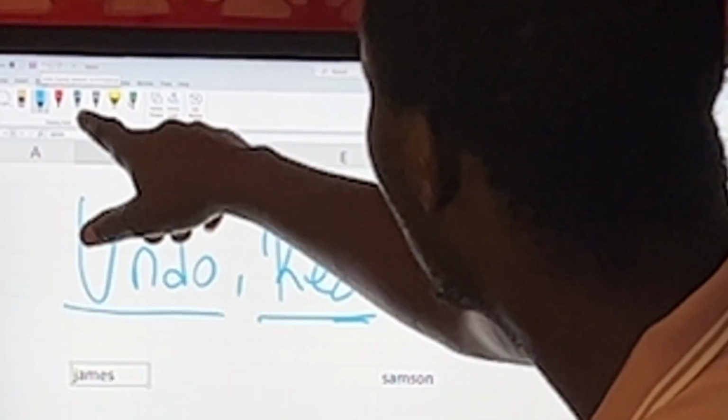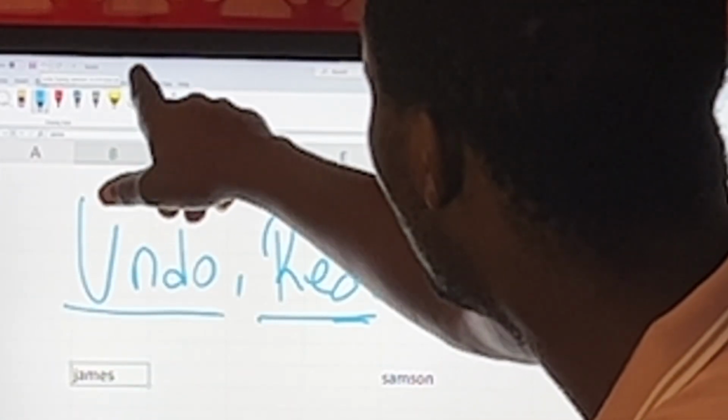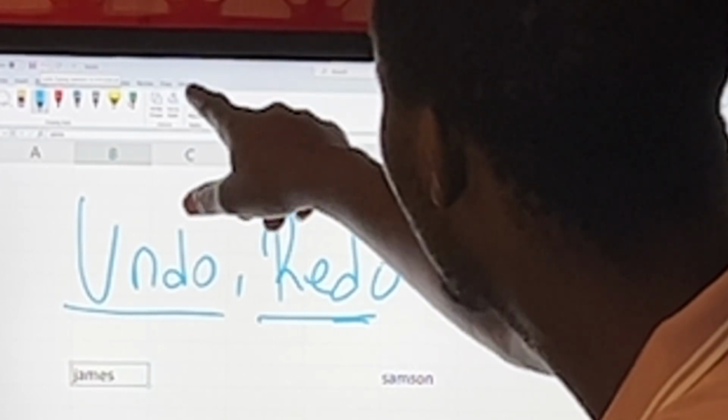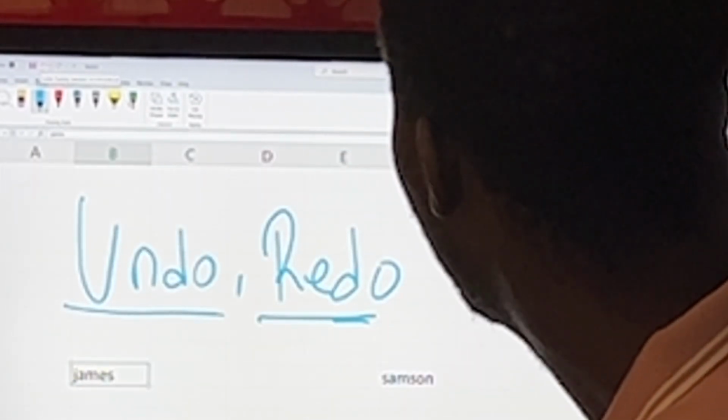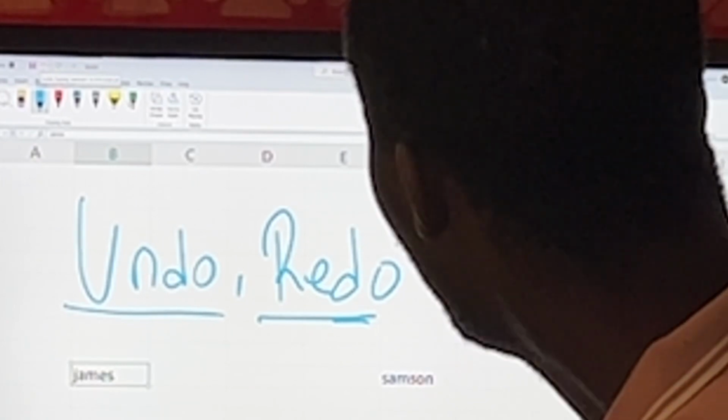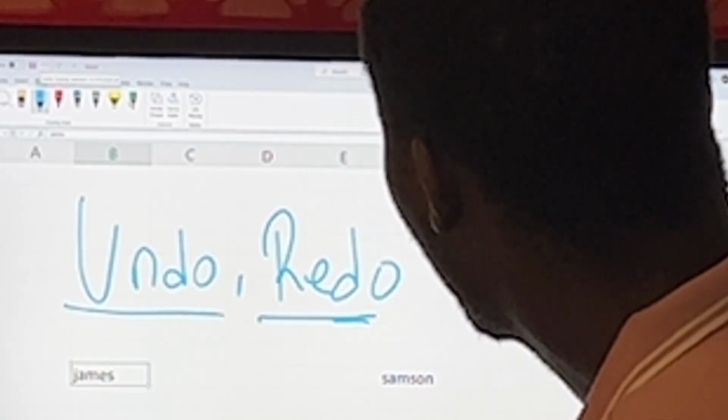The first one is undo. When you tap on that, you see undo, and then they are telling you that you are writing Samson in F10. So for now, when I click on that, it takes me to another page. You see, it takes me to another page because I'm reversing my action. So I go to a new page. I select